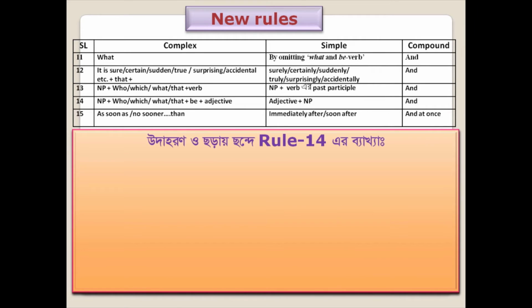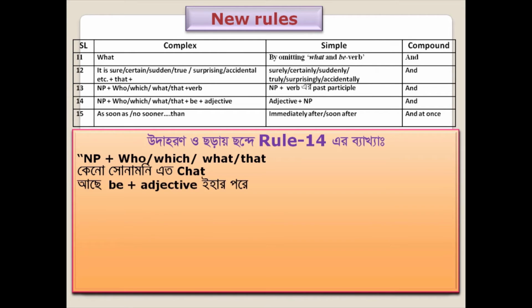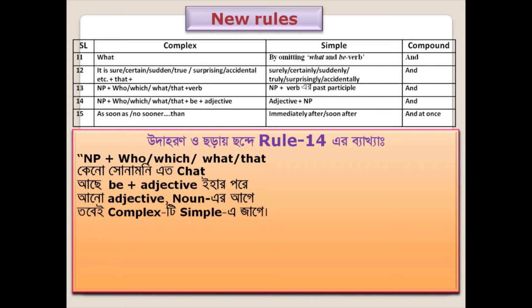NP plus who, which, what, that. কেন সোনামণি এত চ্যাট? আছে বি প্লাস অ্যাডজেক্টিভ ইহার পরে, আনো অ্যাডজেক্টিভ নাউনের আগে, তবেই কমপ্লেক্সটি সিম্পলে যাবে। কম্পাউন্ডে অ্যান্ড বেশি হয়, এবারও কম্পাউন্ড অ্যান্ডময়। ফর এক্সাম্পল,